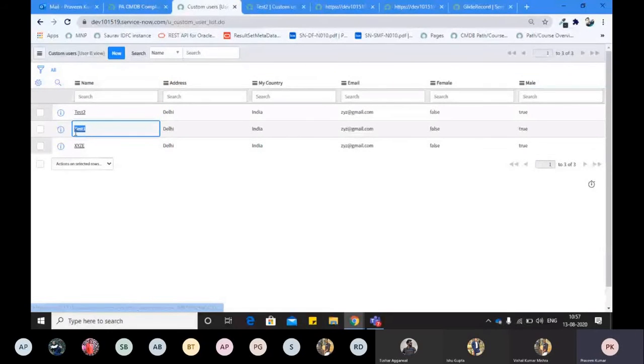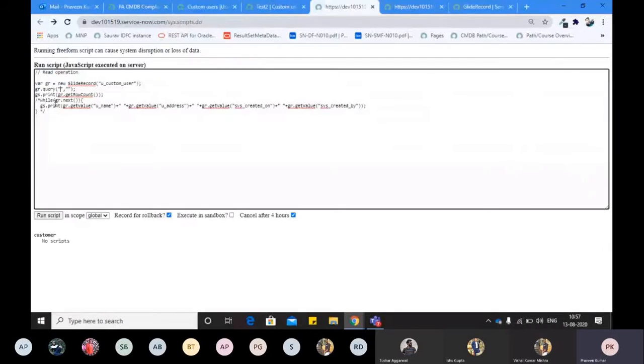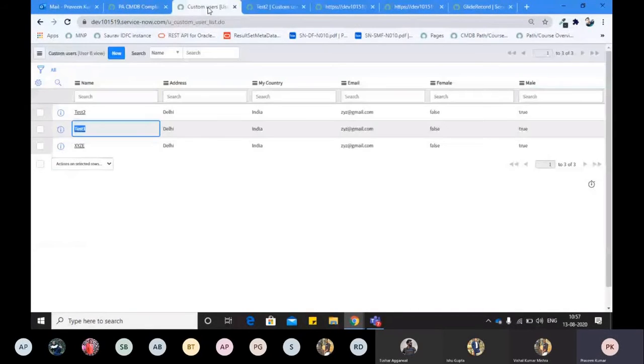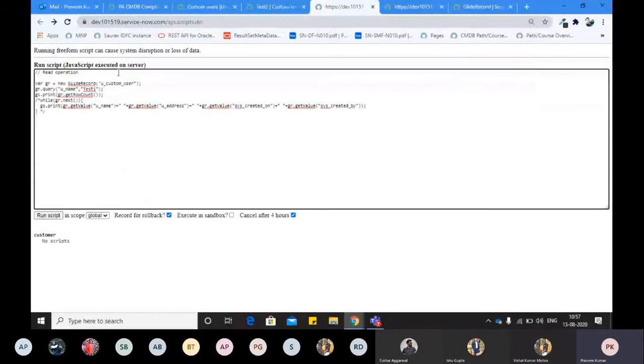What I will do here, first of all I will pass the database name of that particular column on which I want to put the filter. Then I will copy the value test1, for example, here, right? Sorry, I am doing it wrong, guys. Sorry, mistakenly. So there is a function addQuery, right? So query is a different function, addQuery is a different function.